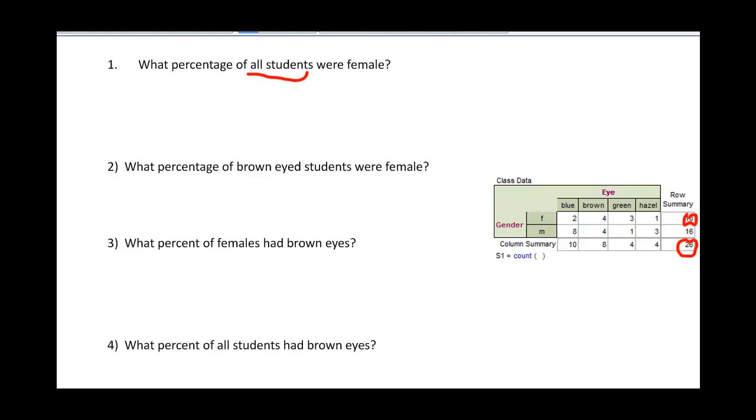Therefore, the percentage of female students is going to equal 10 out of 26, which you can then easily convert to a percentage by finding the decimal value. Next, we're asked what percentage of brown-eyed students are